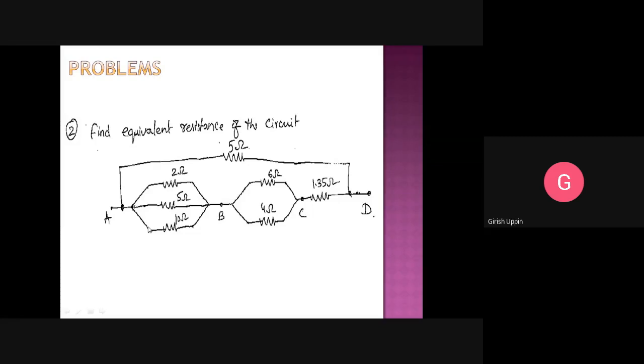So remember, when you are solving this, 1 by Rp is equal to 1 by 2 plus 1 by 5 plus 1 by 10. And whatever calculation you get on the right hand side, if you are using a calculator, you will get it in decimals, isn't it? So that is 1 by Rp. It is not Rp, remember that. You have to reciprocate in order to get the Rp value. That is the most common mistake.